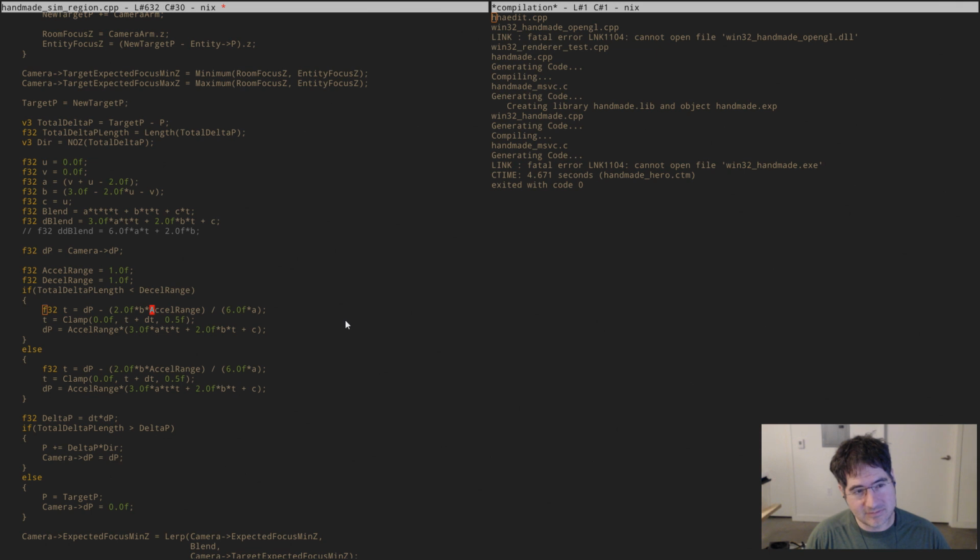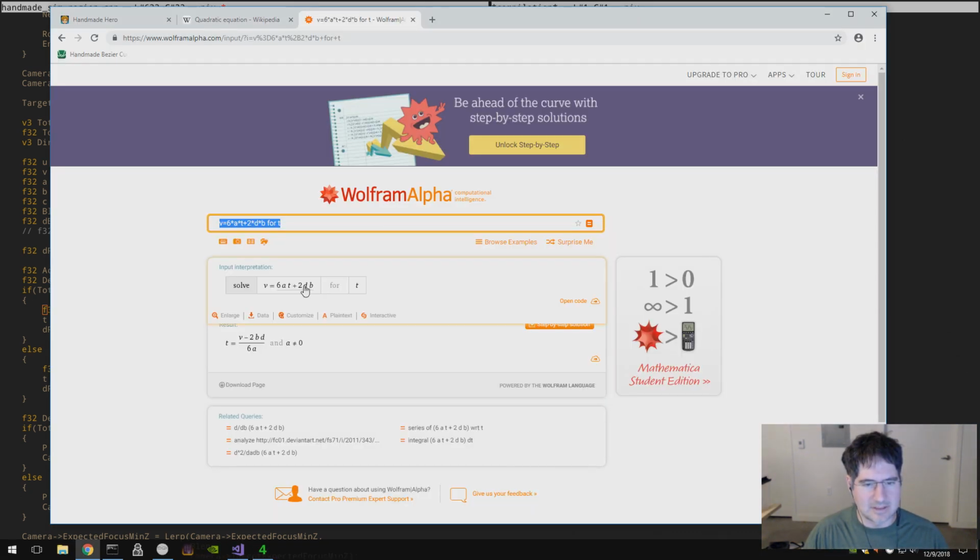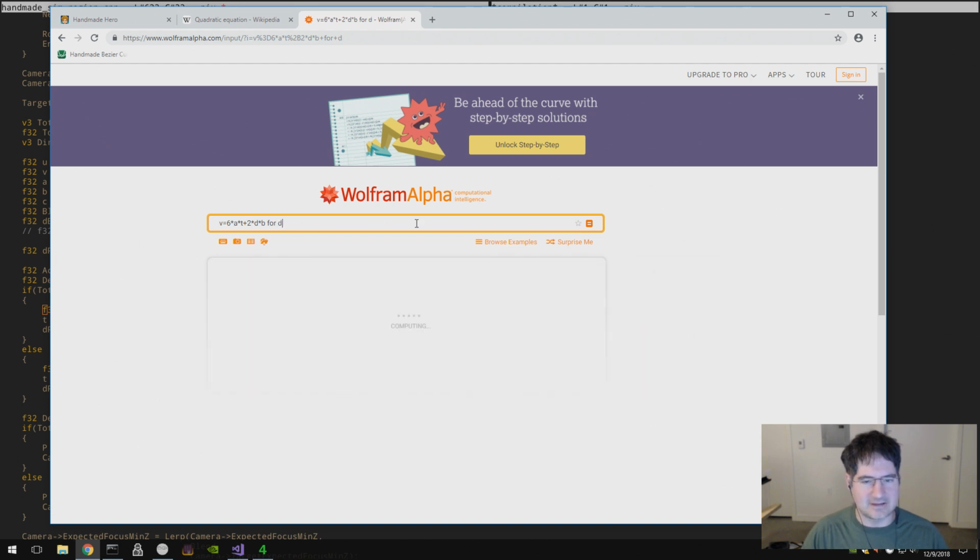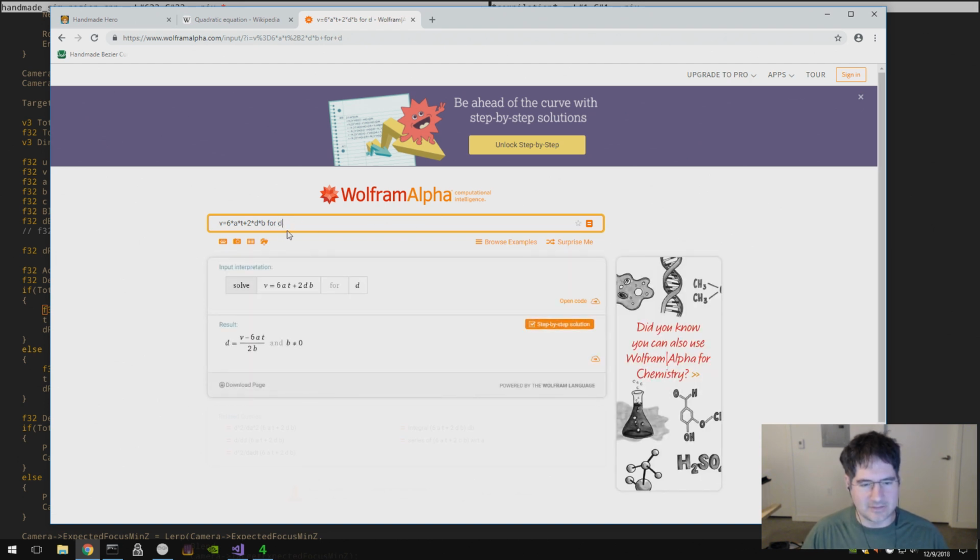I guess. I'm not sure what we would do. I guess if we're inside the deceleration range, we just do the step without doing the dp consideration, maybe? Meaning if this is actually true, maybe we map the t and we take the t step based on distance instead. You know what I mean? Instead of by t. So in other words, here, instead of solving for t, if we solve for d, meaning we solve for distance now,